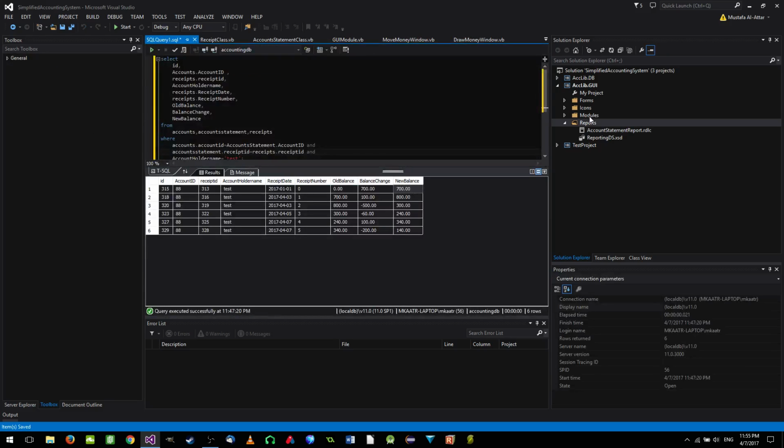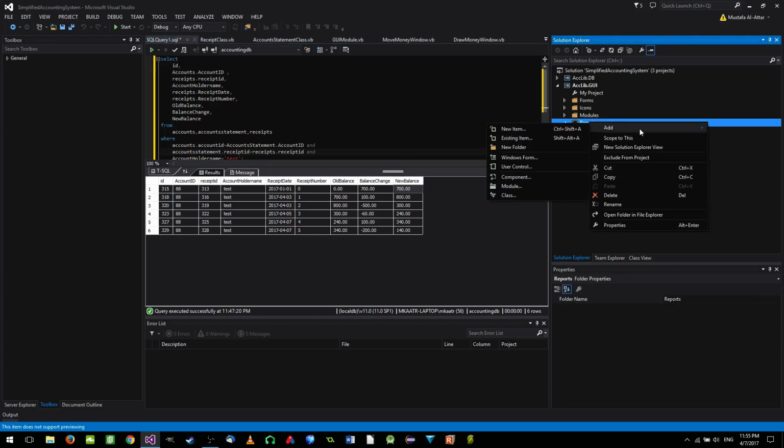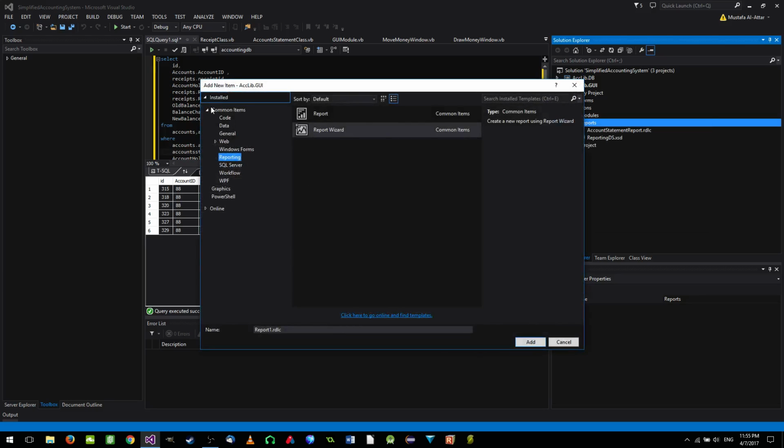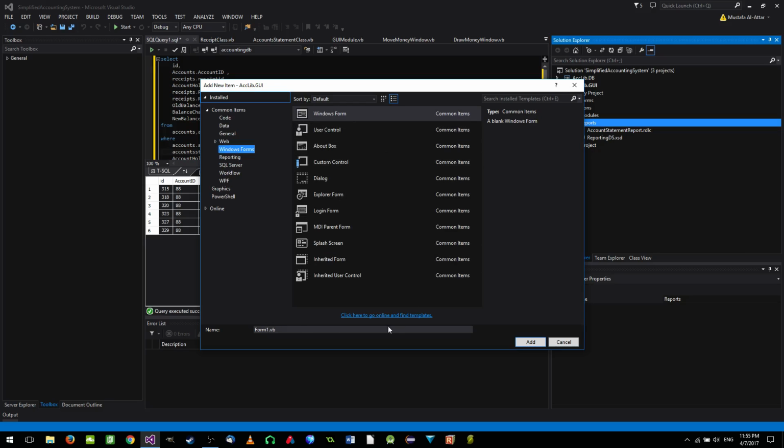Now we are going to close this one as well. Now we will also add a form. So we finished these things. Let's go and add the form. So add a new item. It's going to be a Windows form. I'm going to call this